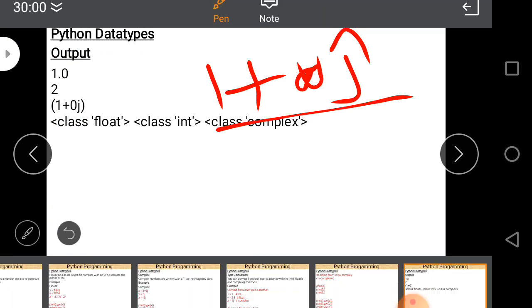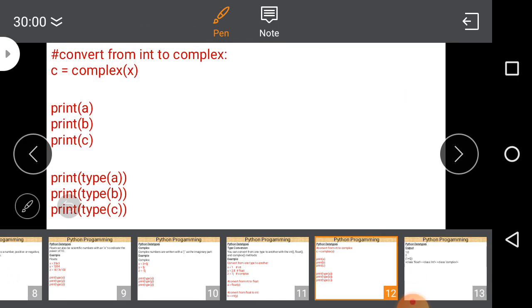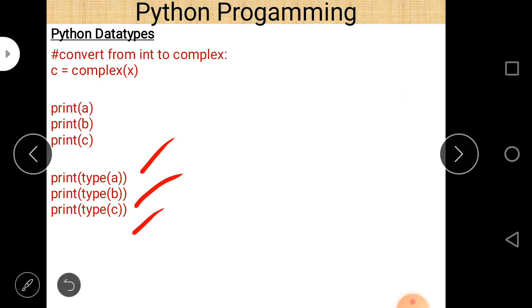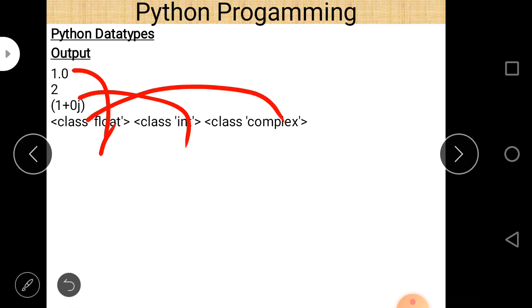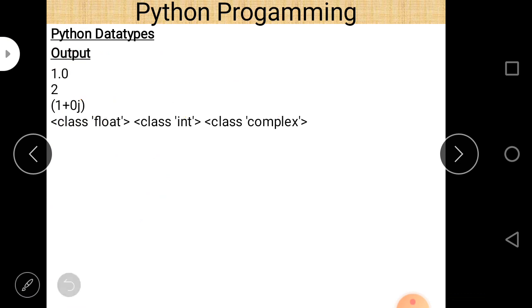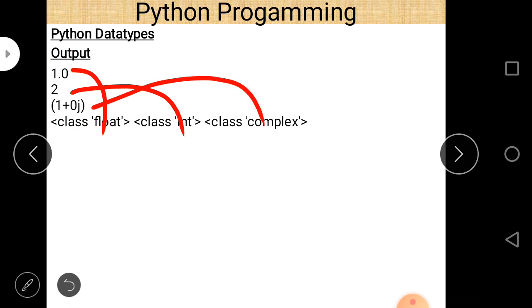And when we try to print the different data types here, the answer is again float, because it is a float data type, this is an integer type, and this is a complex data type. This is float, this is int, and this is complex.